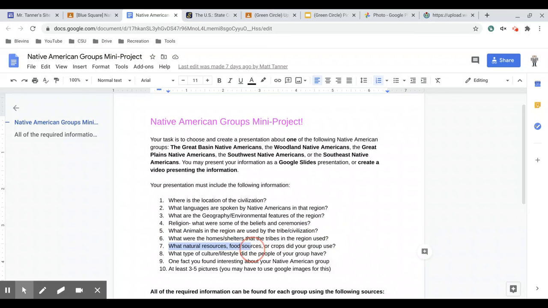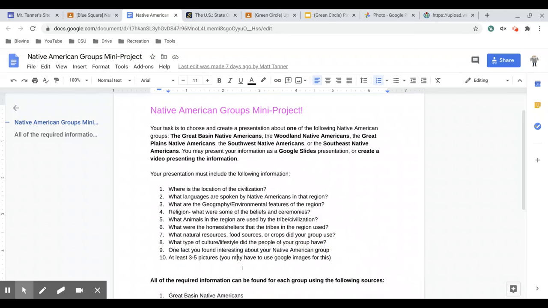What natural resources did they use? So this could be food, it could be plants, it could be tools that they used if they used stone tools, but what resources did they use? Number 8, what type of culture lifestyle did the people have in your group? So talk about their culture lifestyle. Number 9 is one fact you found interesting, and number 10 is adding 3 to 5 pictures, and you can use